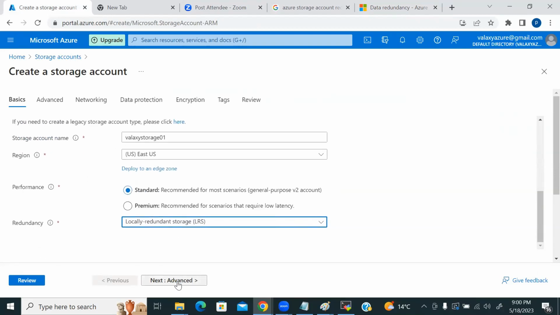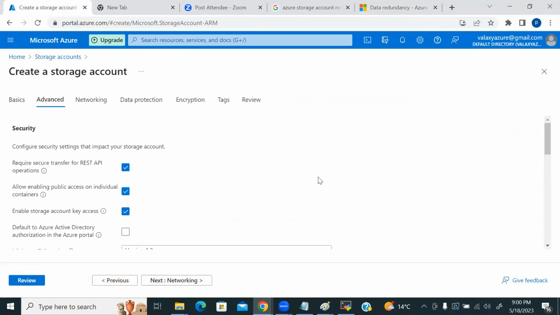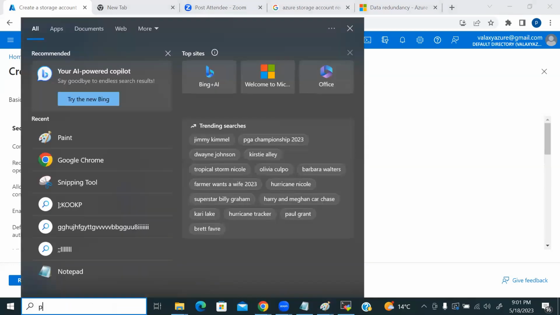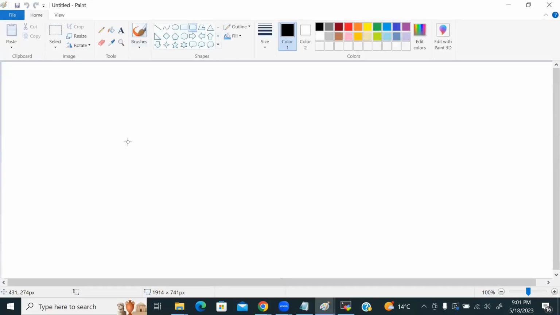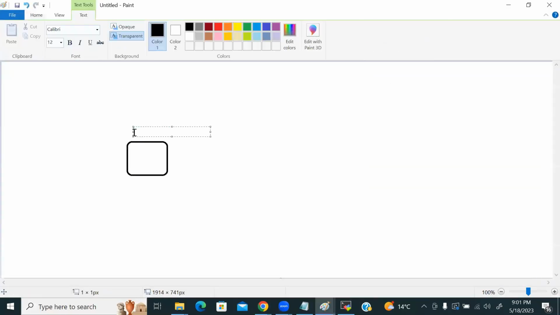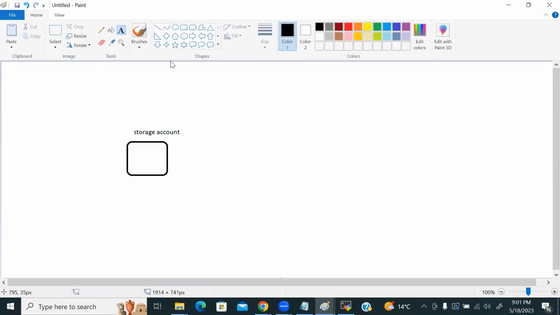And next, in the advanced technology, configure secure settings that impact your storage account: require secure transfer for REST API operations. See here, to access this storage, multiple ways are available. Let's say this is the storage access. So in the storage account, you have multiple services like Blob or maybe Azure File. This you can access with different